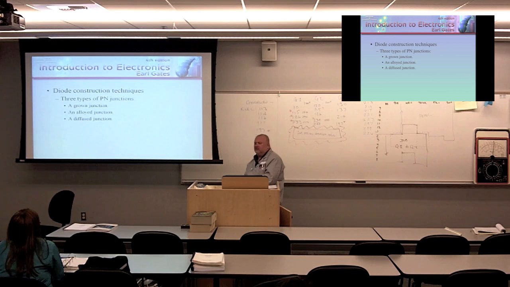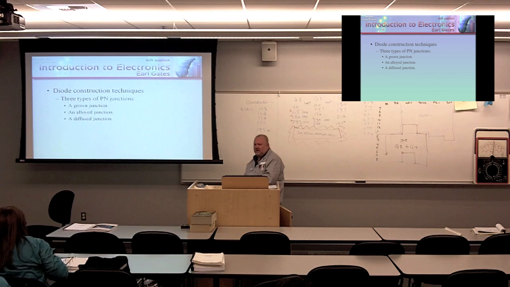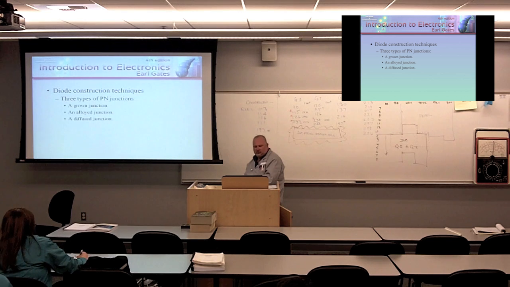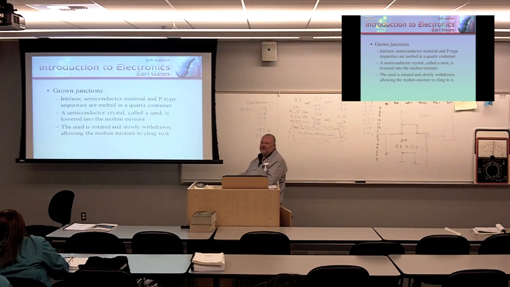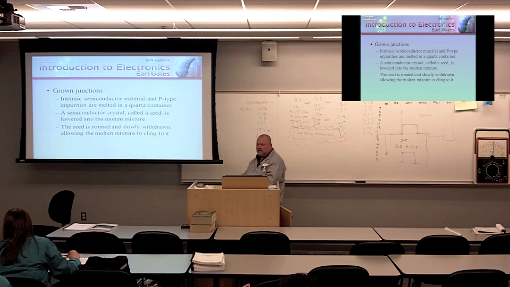Diode construction techniques. We make these things three different ways: we use a grown junction, an alloyed junction, or a diffused junction. Grown junctions are made with intrinsic semiconductor material, that's pure semiconductor material, and P-type impurities are melted into a quartz container. A semiconductor crystal called a seed, which is a perfect P-type crystal,